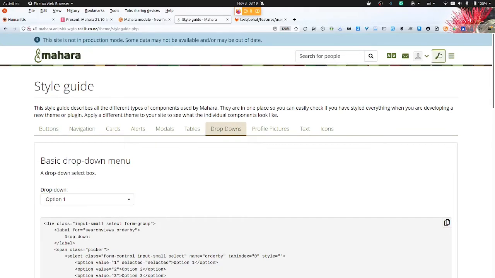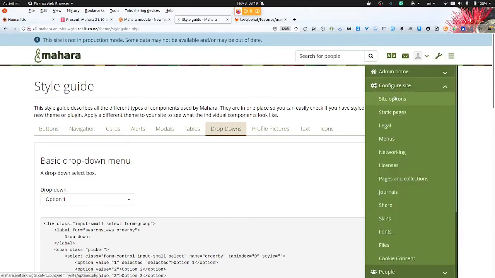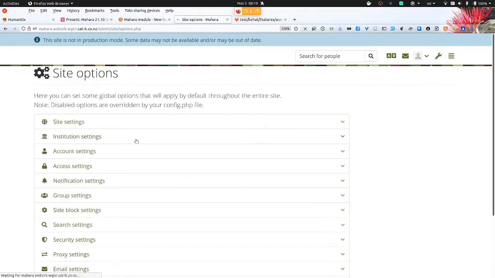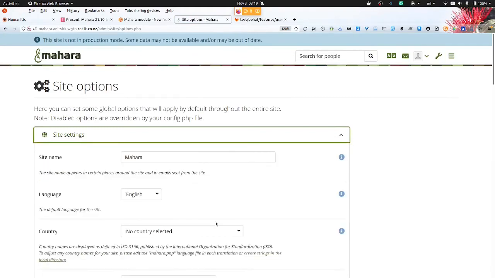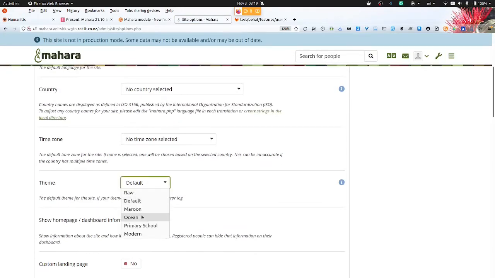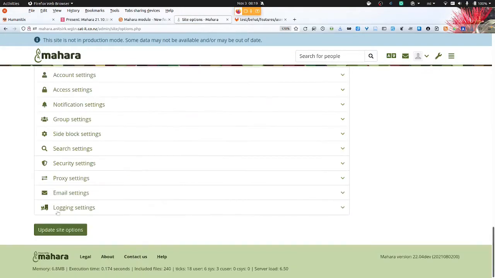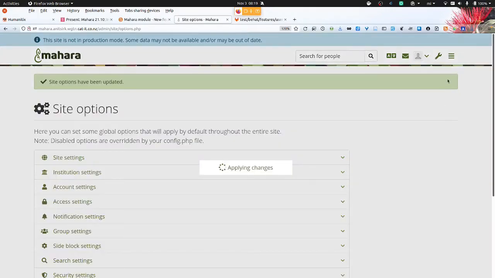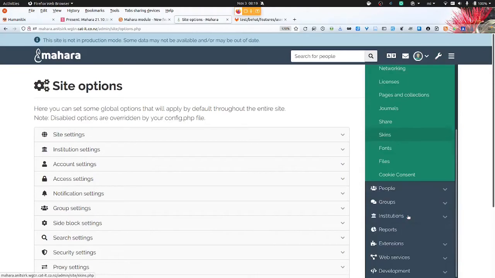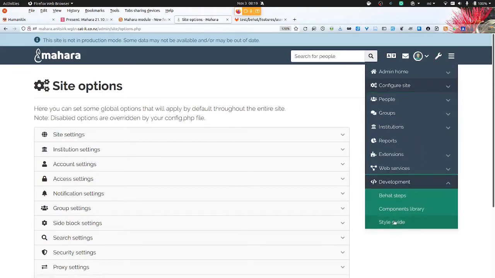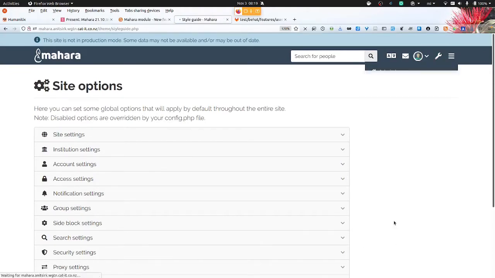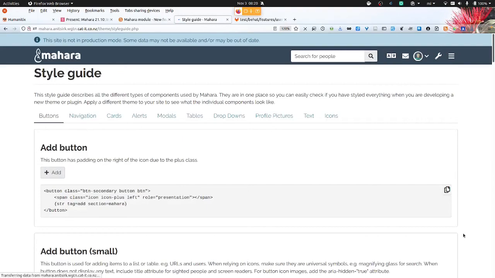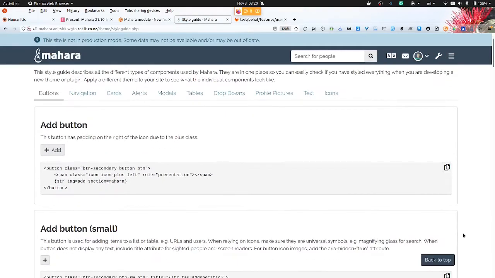And the really cool thing there is, now when I switch my theme to a different one, let's go with modern, and I open the style guide again, then the entire style guide will be displayed using those theme colors.